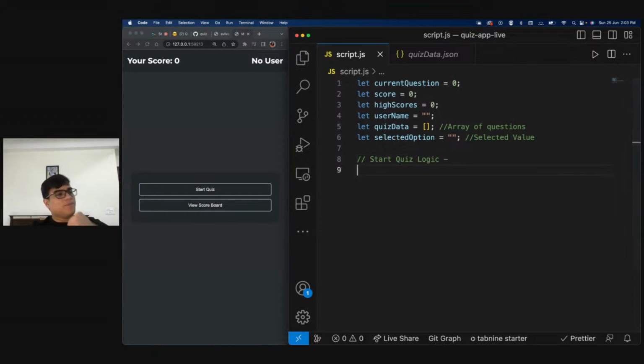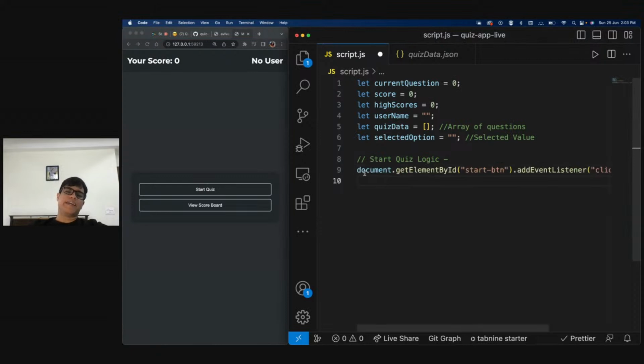Okay. So, the first step is basically saying document.getElementById. When the user clicks that particular element that we had, the start quiz one, that is when we will be starting the quiz. Correct. Okay. Just a second. I'm having a look at something, and start button. Okay. So that's about it. So have a look at this.